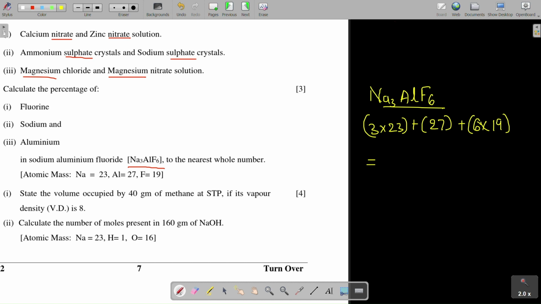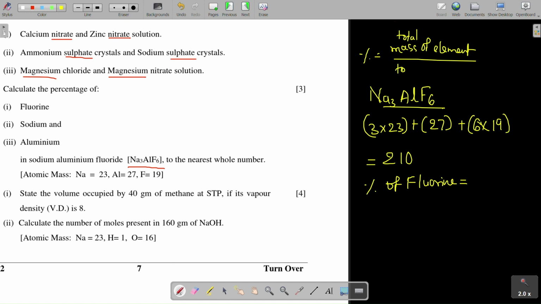So if you do this, 23 into the final answer, you will get 210. Okay, so now we have to find the percentage of fluorine. How do you find the percentage of any element? It is the total mass of the element